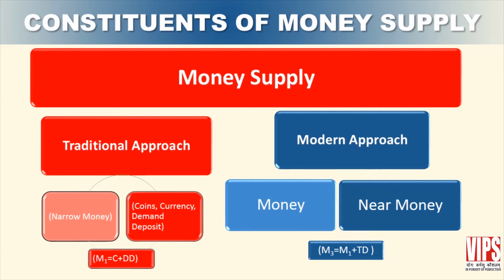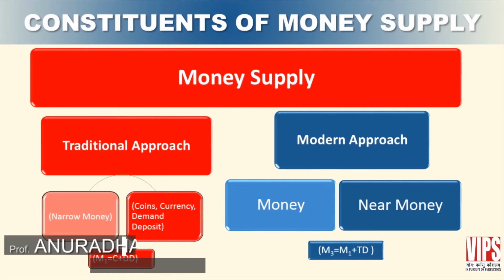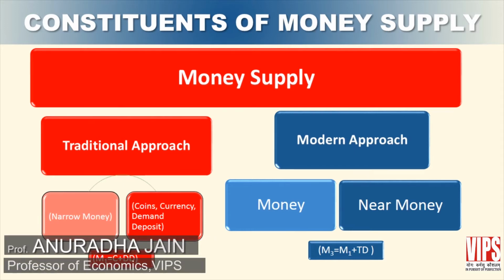Now, in the context of RBI measurement of money supply, the following definitions are very important and we should keep them in mind. First, money supply is a stock variable, and the measure of money supply refers to the stock of money at a point of time. By measure of money supply is meant the stock of money available to the public, and the term public here means all households, firms and institutions. It does not include the producers of money like the central bank, government and commercial banks, to avoid double counting.